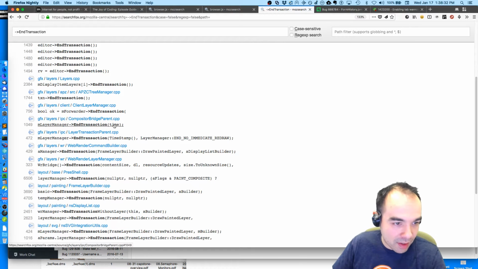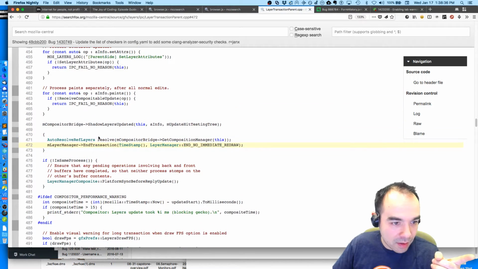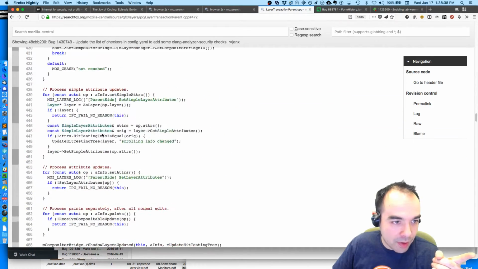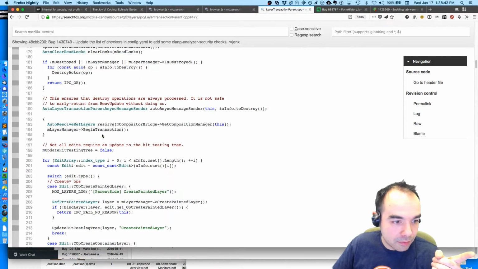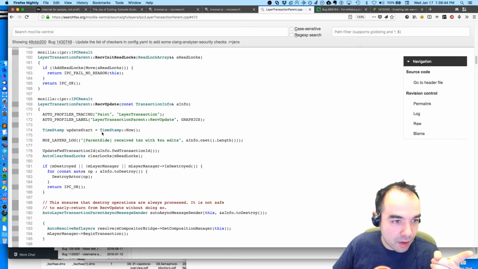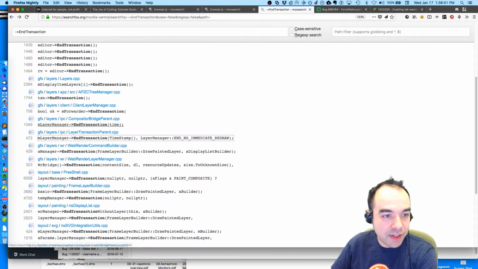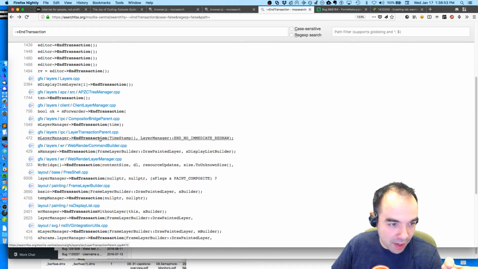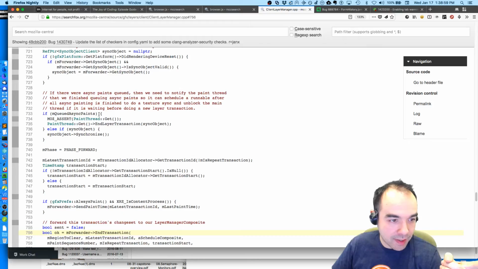No, that's inside the compositor. Is it layer transaction parent? Shadow layers updated. This is again in the layer. This is receiving the updates. This is receiving on the compositor side. So it's got to be this. Yeah. Forward transaction.